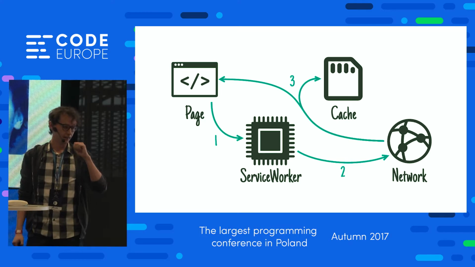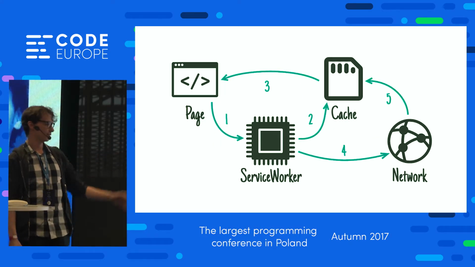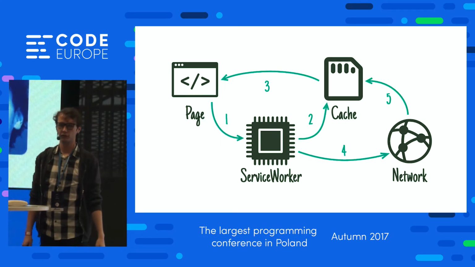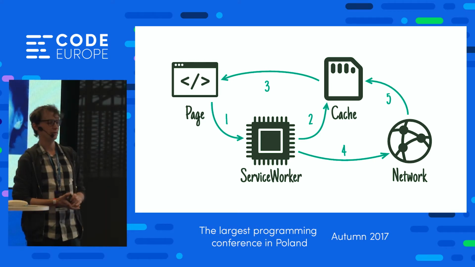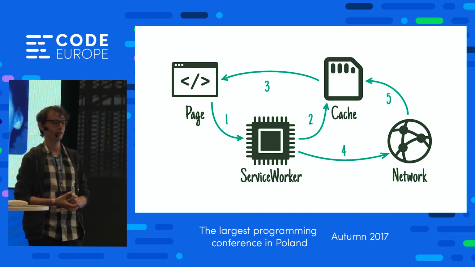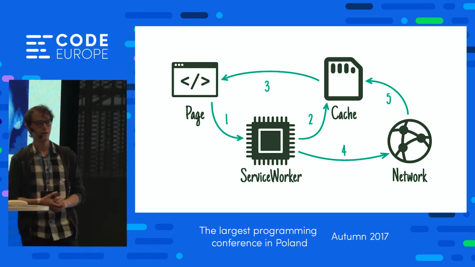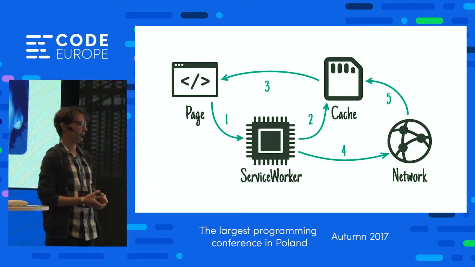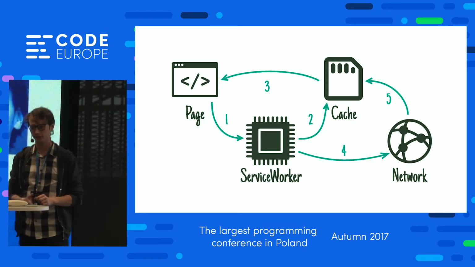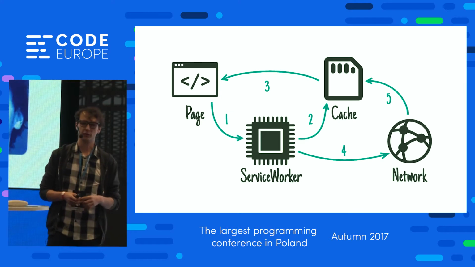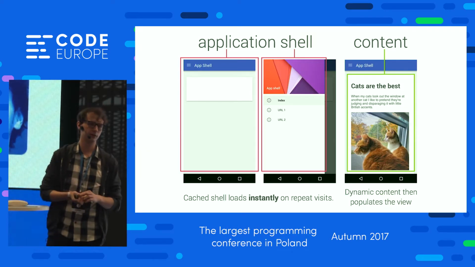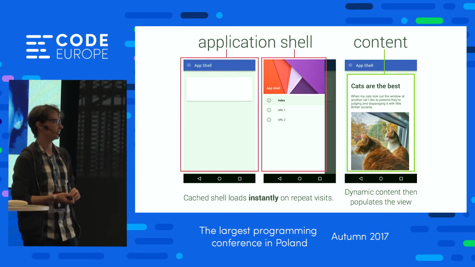Another idea, the cache first strategy, would be better for serving static elements of your website, which probably didn't change since last time and can be reliably served from cache, and then in the background optionally updated based on the network or not. Those two approaches we have combined in our professional work at Stepstone into something which is sometimes referred to as the app shell